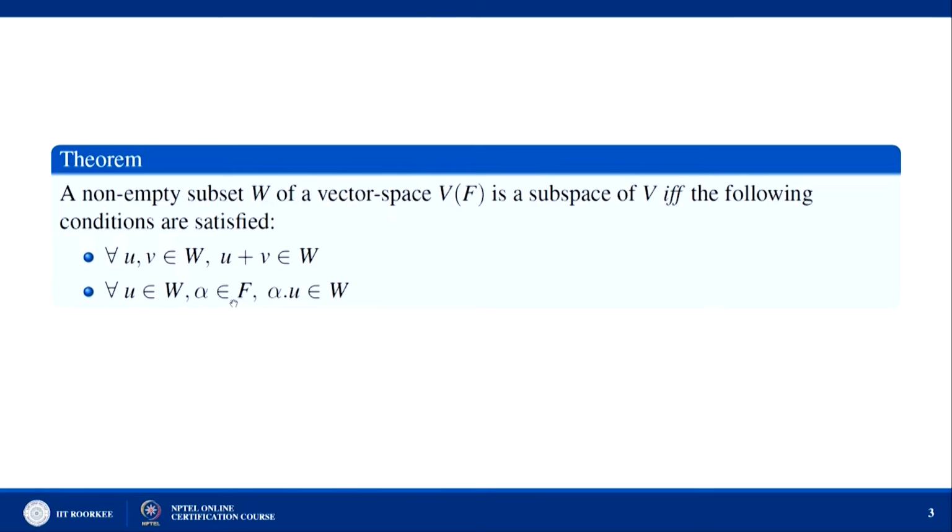Now, how can we show that a given subset W of V is a subspace? Instead of showing all the properties of a vector space, if we show these two properties, closure with respect to vector addition and closure with respect to scalar multiplication, then it is sufficient to show that W is a subspace of the vector space V. Now, how can we say this? You see